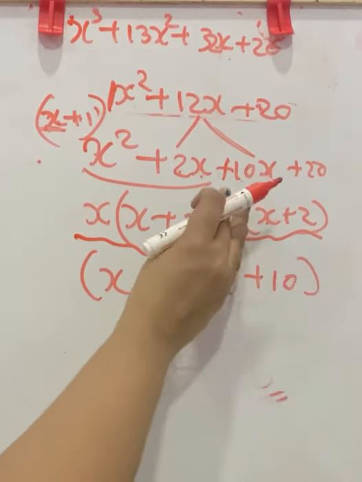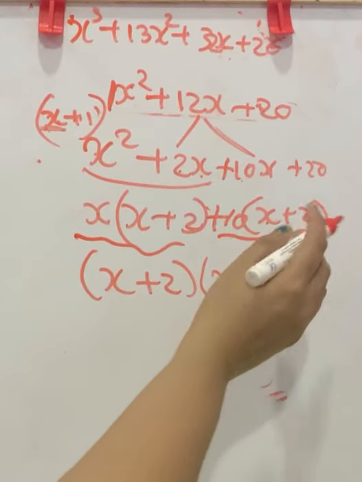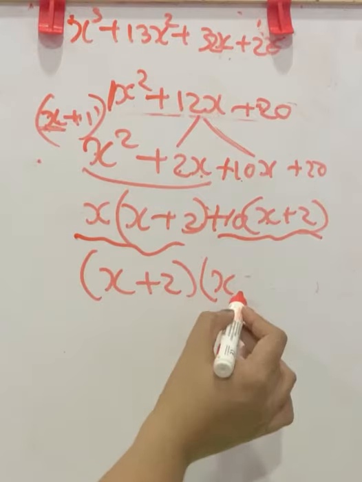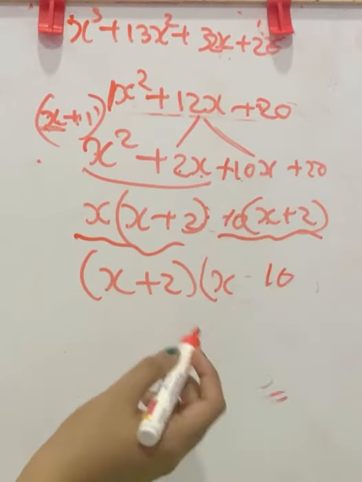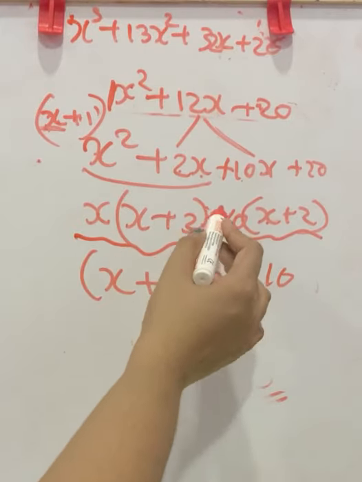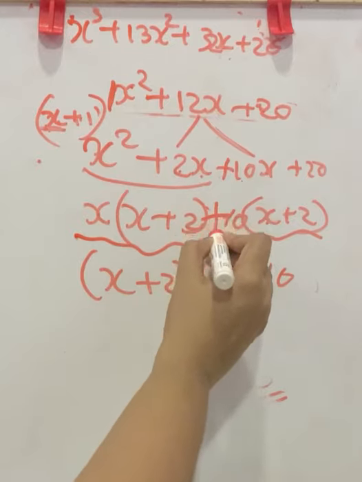If you forget to write the sign here, while you are going to write the term here, that is x plus 2 taken outside, what will you write here? If you forget to write the sign, you will simply write 10. Then you will get confused about what the sign was here. So remember, whenever you do this step, be sure you are writing the sign also.